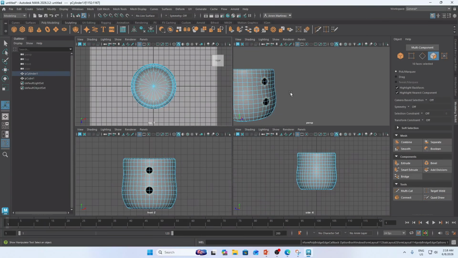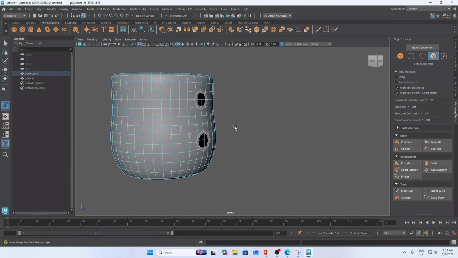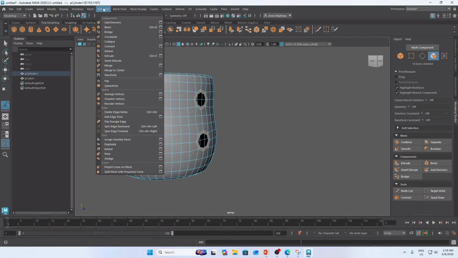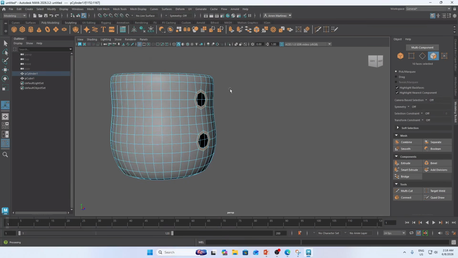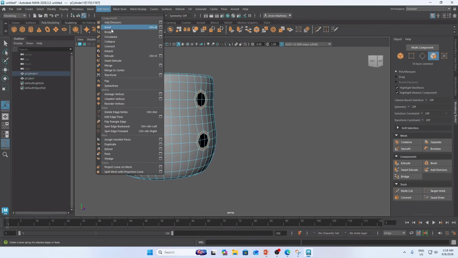So how? I am here in perspective view. I will go here into edit mesh, navigate your cursor into edit mesh and find the bridge, and go to the square symbol or icon, because if we click this square we can change the properties.